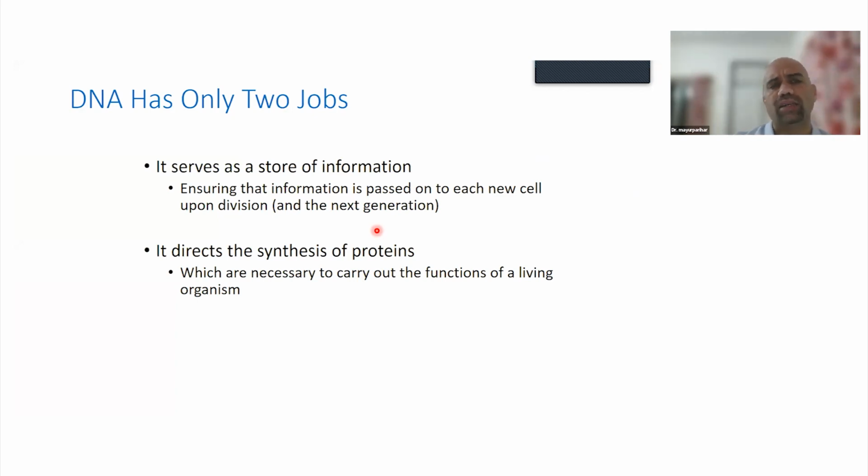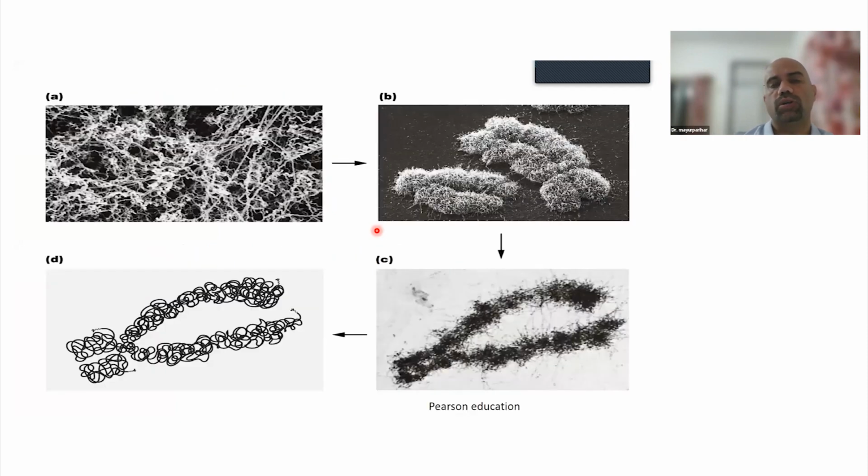Now, in order to do that, the DNA needs to have a dynamic structure in order to fulfill both of its functions. So the dynamic structure is such that it is in the form of a thread within the nucleus. As the cell starts dividing, it is not possible to divide this thread-like material into two equal halves among the dividing cells. So the DNA starts condensing itself as the cell divides, and forms condensed bodies, what are called chromosomes. These chromosomes are visible only during the mitotic phase, especially during the metaphase.